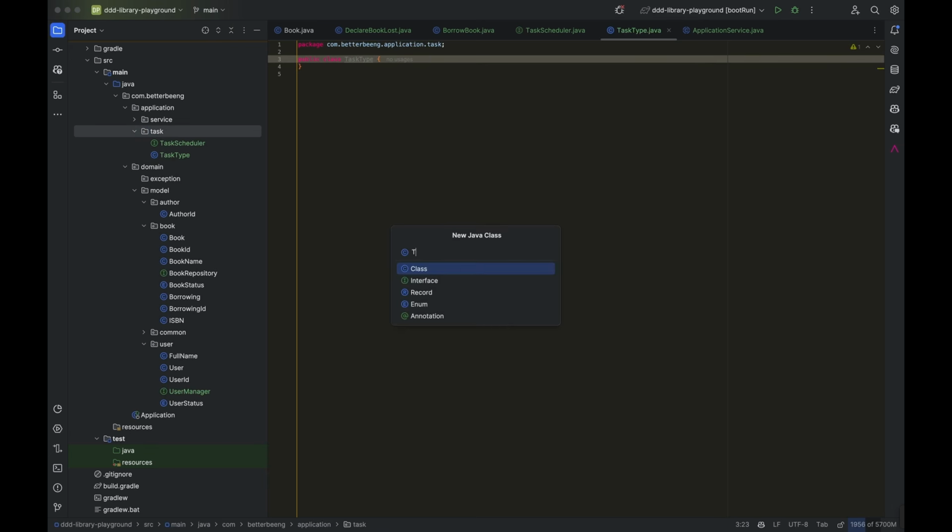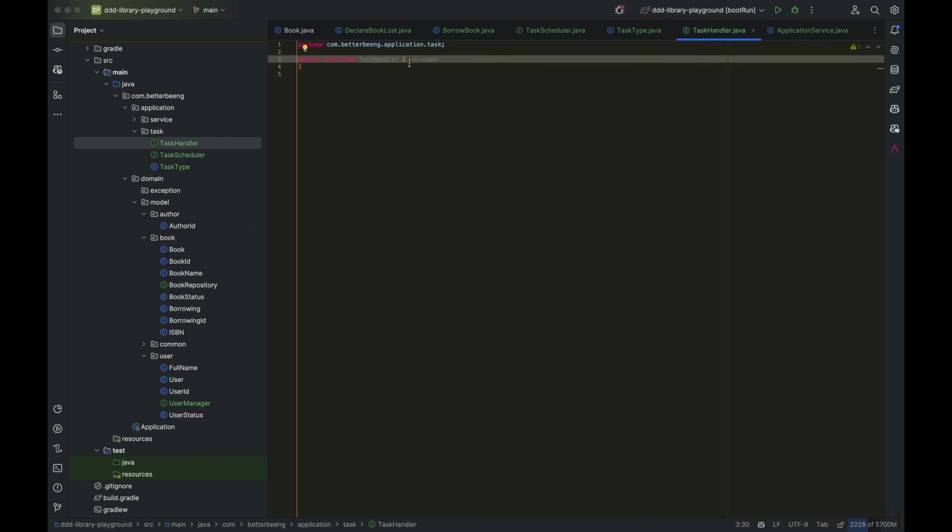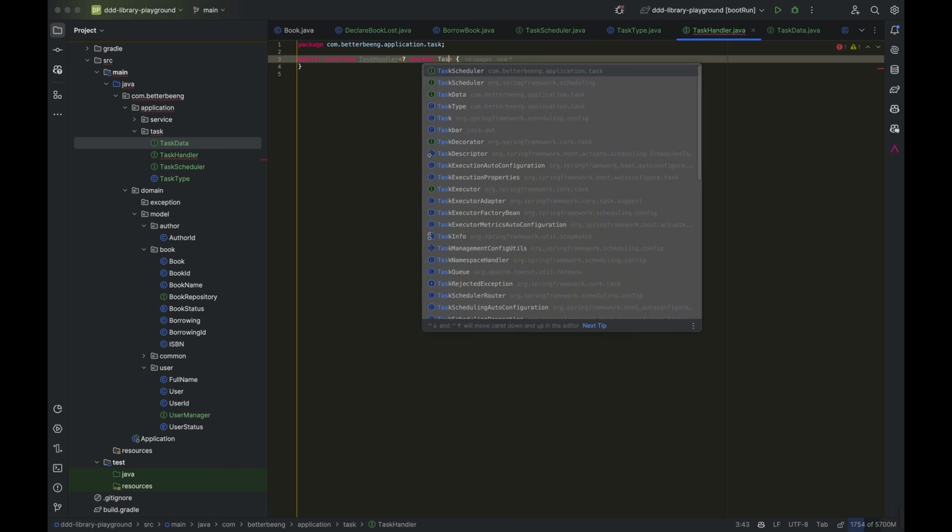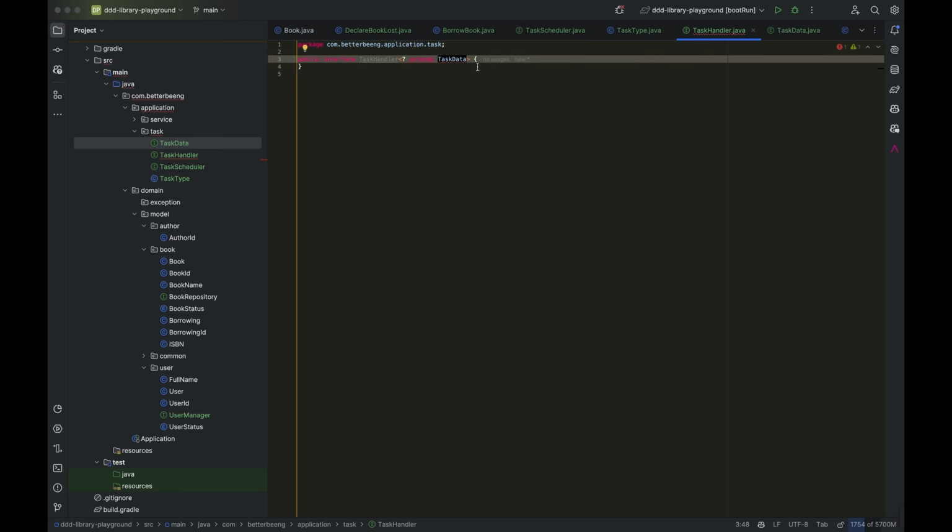And we're gonna have a task handler, also an archetype for now. And we're also going to have this. That's going to be an interface. So basically our task handler will handle something that extends a task data. A task type